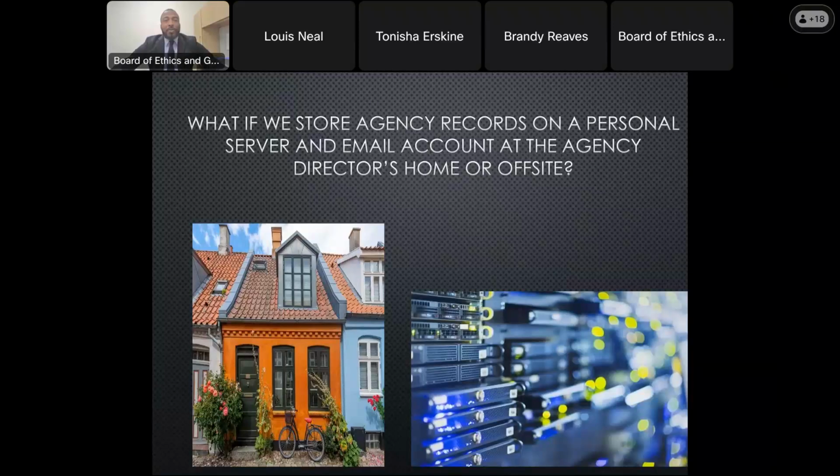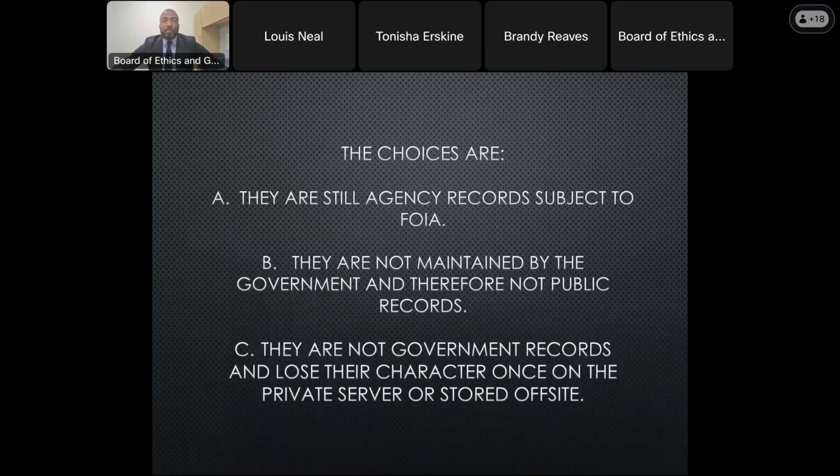Okay. What if we store agency records on a personal server and email account at the agency director's home or off-site? The choices for this one are A, they are still agency records subject to FOIA. B, they are not maintained by the government and therefore not public records.